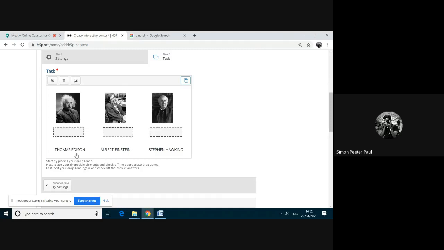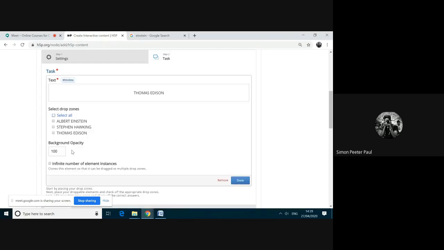So I am double clicking this and selecting all, because this text can be dropped on any drop zone. So I am selecting everything and then clicking done.